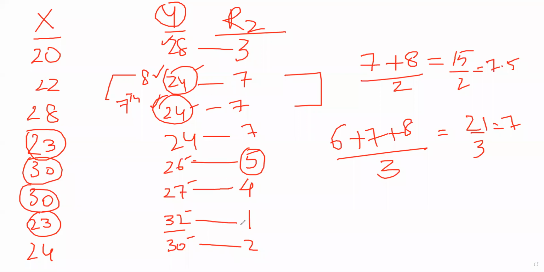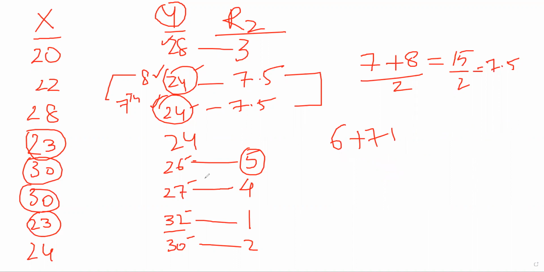In the original problem, you had values up to the 6th which was 25, and only the 7th and 8th values were 24. That is why I did 7 plus 8 divided by 2. That is how I got 7.5. Understood? Yes, sir. Understood, sir. Okay. Now we'll try to assign values for R1. These are the R2 values.